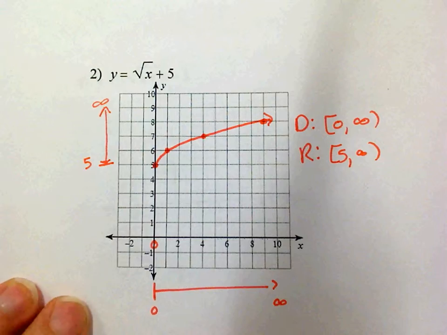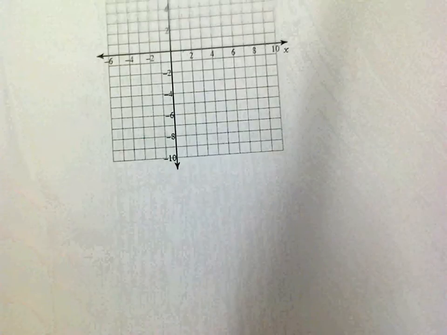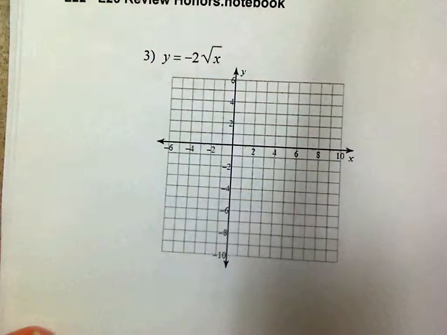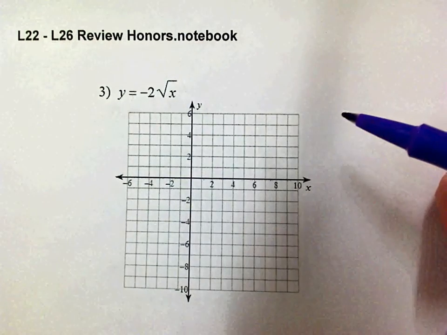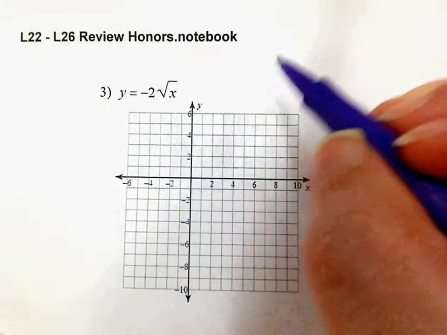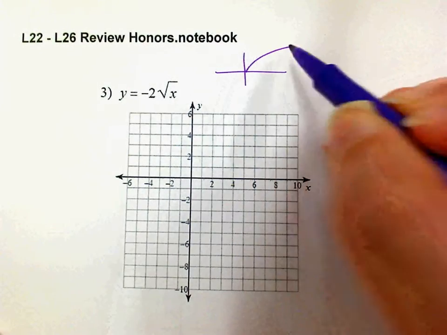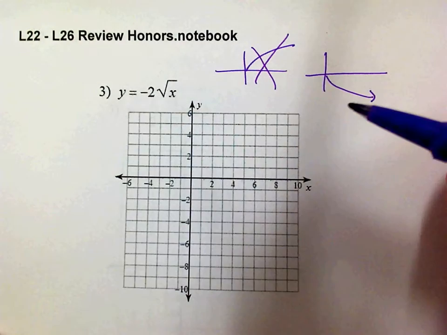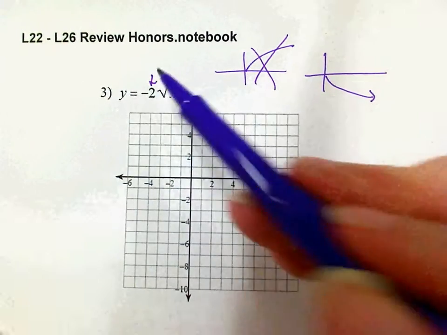So then let's talk about number 3. On number 3, we have this negative in the front. So what you have to remember is that a negative in the front of your function actually makes it turn negative. So instead of all the numbers being positive, they're negative. So I know that instead of my function looking like this, it's going to look like that. Okay? Now the 2 in the front is a vertical stretch